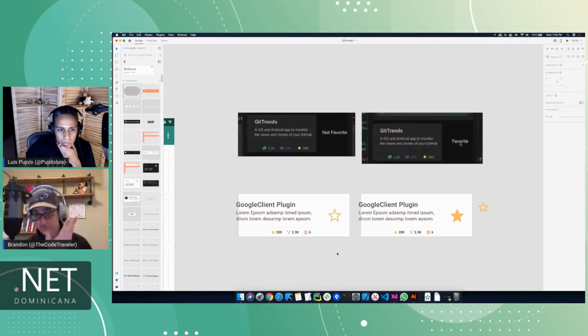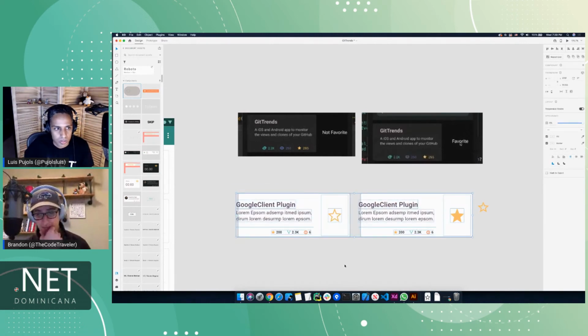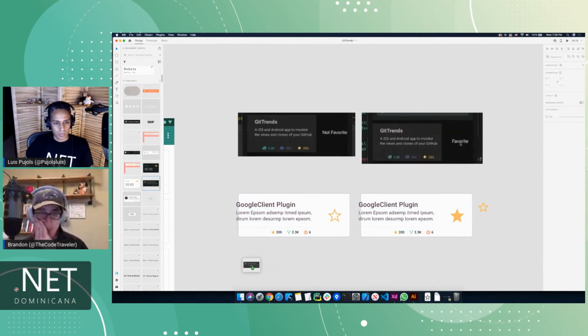What do you think about it? Should we do, let me do the dark one as well, just in case. No, I think it looks pretty good. I think, well, assuming we slap in the star and it works,